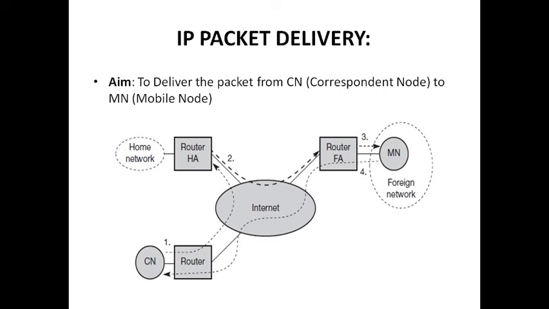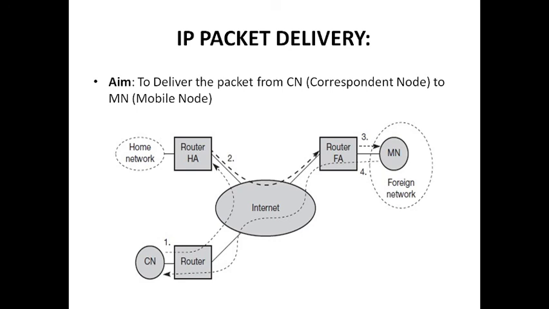the packet. In the same way, if the correspondent node is in the home network, then when mobile node wants to transmit the packet to the correspondent node, then no encapsulation and decapsulation process is done. Okay, you just remember that if nodes are present in their home networks, then no encapsulation tunneling process will be done. Okay, if they stay out of the home network, if they are residing in the foreign network, then only encapsulation, tunneling, decapsulation process is done.